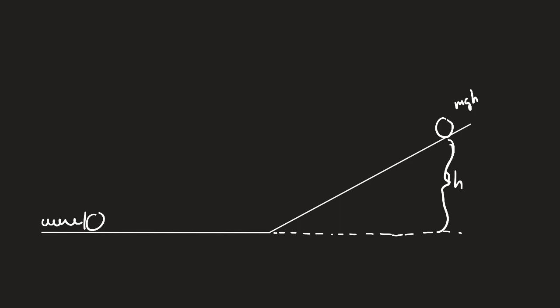Yes, sir? Could they give us the angle of that ramp and ask how far along the ramp it goes? That's exactly what I would be worried about. How would they phrase it? How high above the ground does it go along the ramp? How far along the ramp does it go? We know that H over, let's say L, equals sine of theta. So they're all related. They ask one, they're asking all. So they could ask how long along the ramp it goes. The ball has energy mgh,